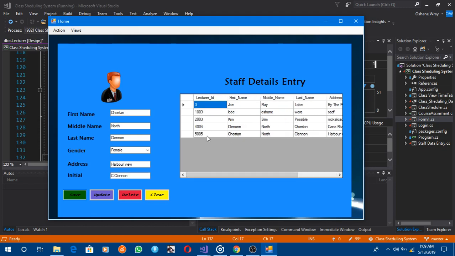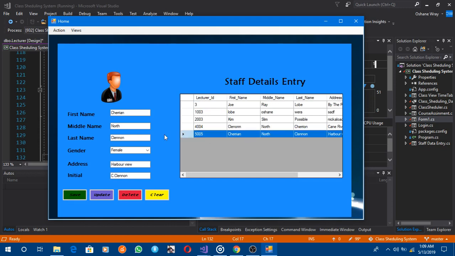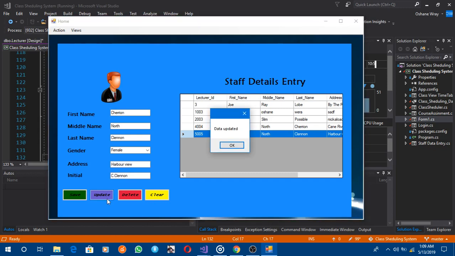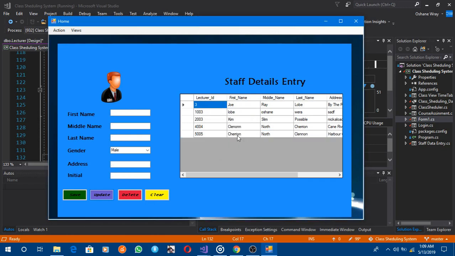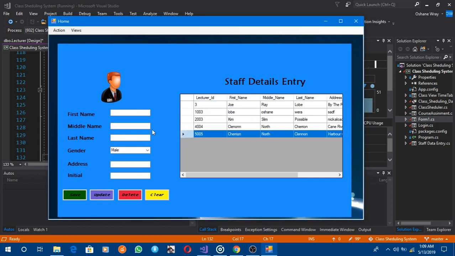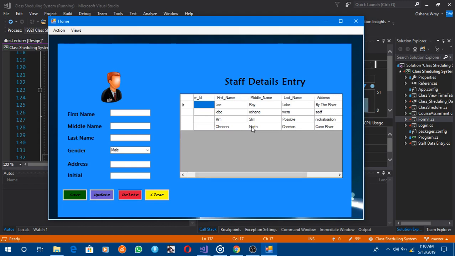Okay, so let's see if we can click on this and update Sherian. I think I spelled this wrong. Is it Sherian? Sherian. And click update. Update, and it's changed from an A to an O. Let's get Sherian out of our database. See? Sherian is gone. Well, at least the one that we created. I just saw that we have two Sherians. So let's go ahead and create